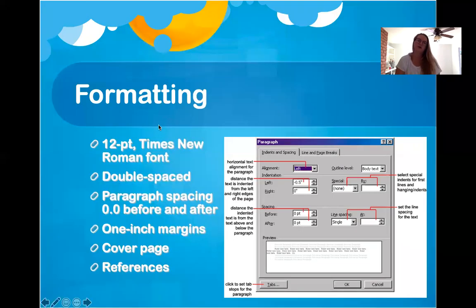Okay, so for formatting, you're going to want 12-point font, and you're going to want to use Times New Roman, pretty classic. It's got to be double spaced. And paragraph spacing is going to be 0.0 before and after. You're going to use 1-inch margins, and you're always going to have a cover page and a reference page that